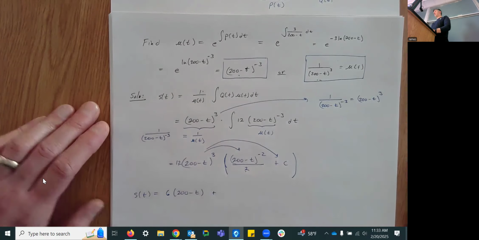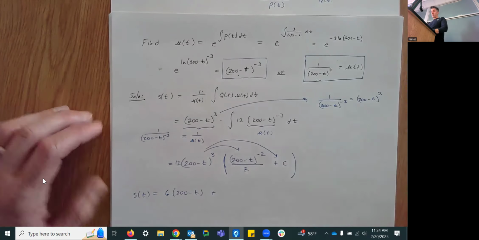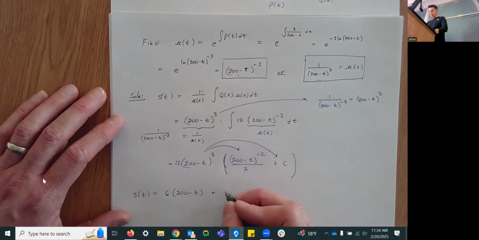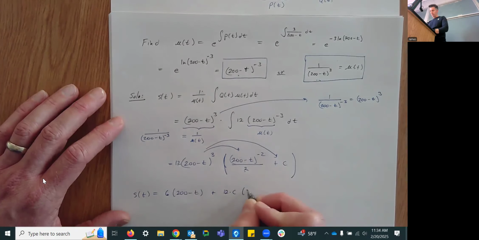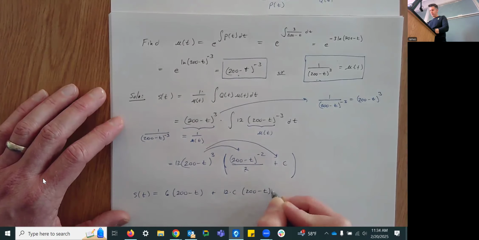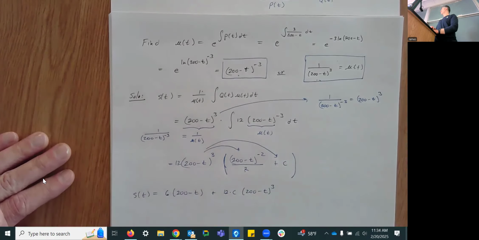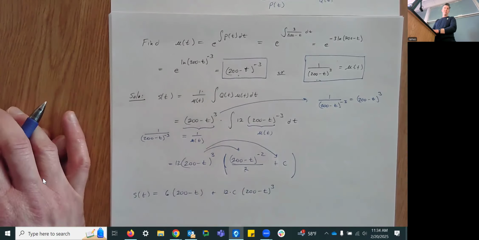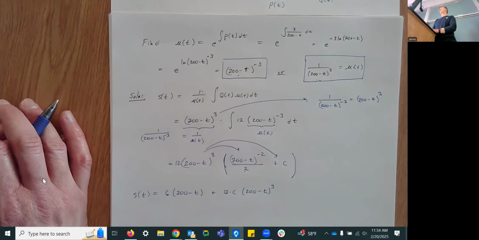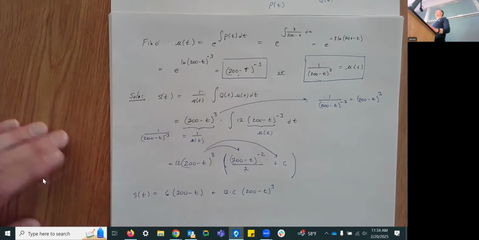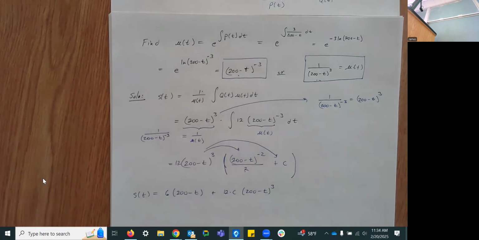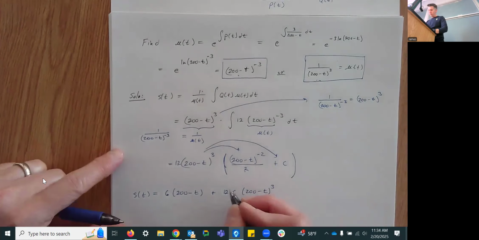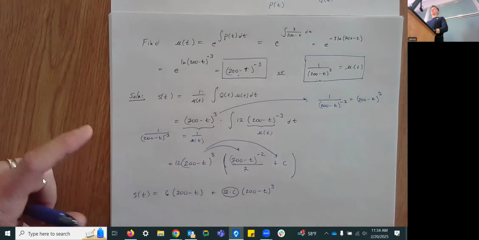plus, I probably wouldn't usually write it this way, but I'm going to write it as 12 times c times (200 minus t) cubed. Although really, we could have said 12 times c is just a new constant. Because when we solve for our constant here, so let's pretend like we solve for the constant and we ended up getting that c was equal to 5. Am I going to write 12 times 5? No, I'm going to write 6. Right, so it kind of would make more sense to call this whole thing a new constant, but you don't have to if that feels